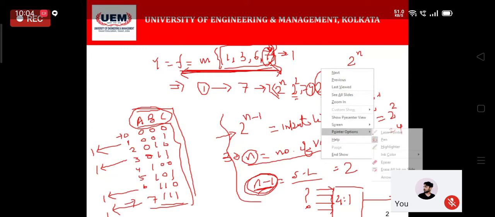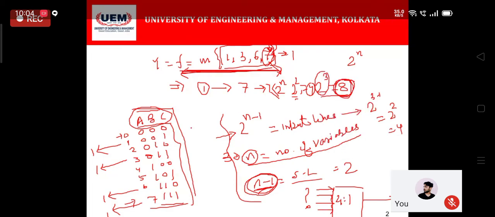What we will be doing is take the lower significant bits of our truth table. So this is our truth table that I am actually referring to. It's a 3 variable truth table. We will look for the value which is changing the least amount of times. Out of those 3 variables in our truth table, we will try to find out the variable which is changing least often. So you can see C is changing 0, 1, 0, 1, 0, 1, 0, 1. It's changing its value 8 times between 0 and 1.